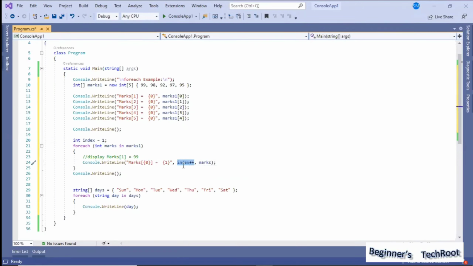Index plus plus means the value increments by 1, so it becomes 2. So does it give 2 here, or what does it give? It gives 1 only, because when you pass it like this as a parameter, it passes the value before incrementing. Okay, so the value 1 will pass, and after that it increments. That is index plus plus.